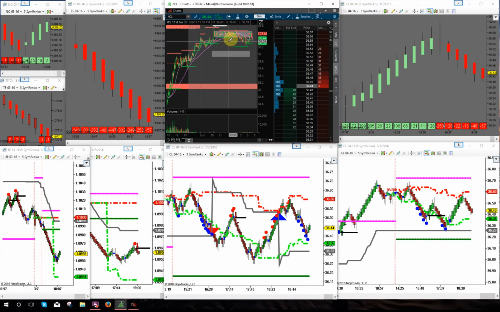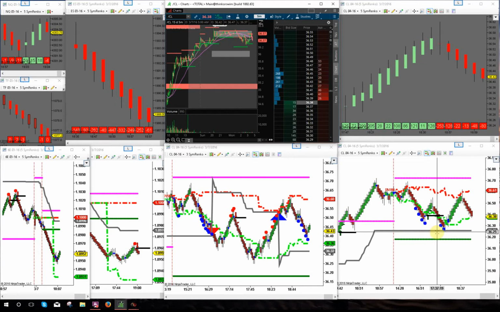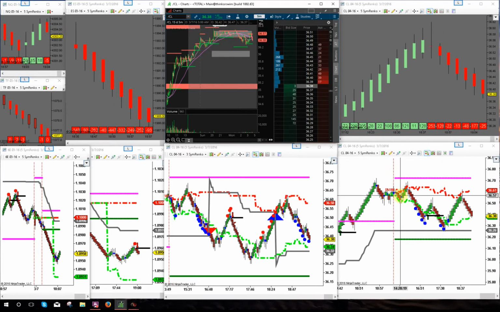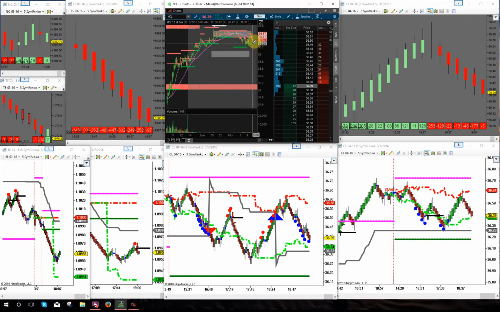So either way, what we need to see is a break. We want to see the momentum push either way. Right now it's all buyers, right? Because you see there's a blue here. This is still all blue, meaning we're looking to buy, we're not looking to sell. But once it breaks below here, probably that 36.32 it looks like, and then the 36.26, which is actually the profile level here, or was somewhere around here, right? So once it breaks below here, then we can look to sell if it comes back up and retests. Okay, so